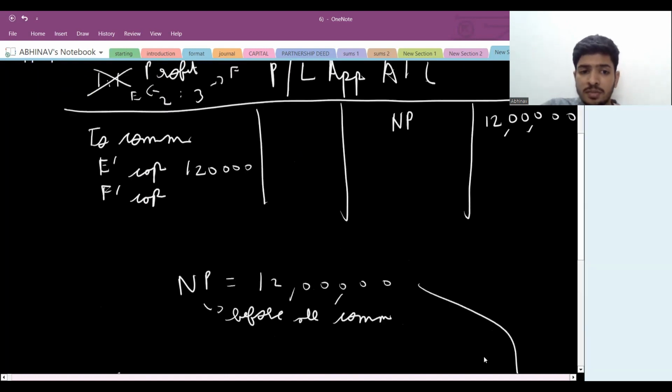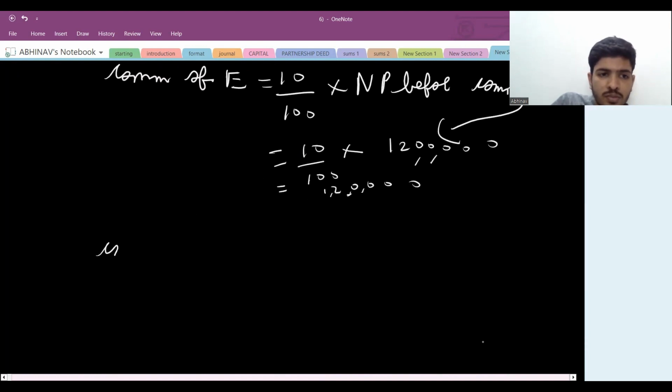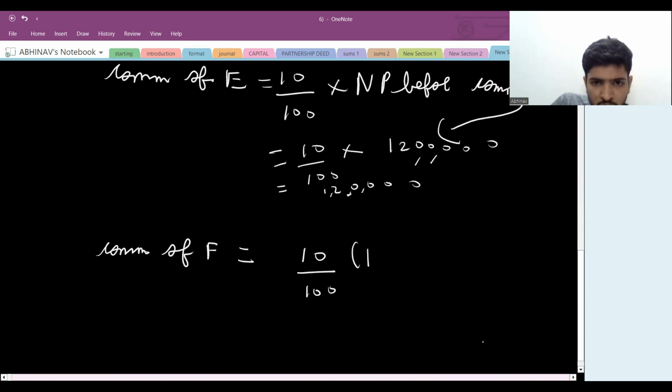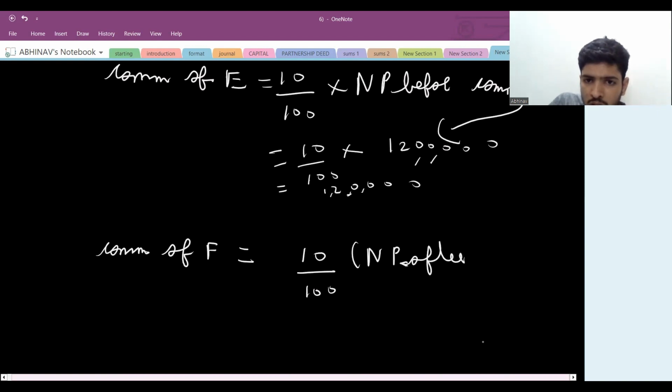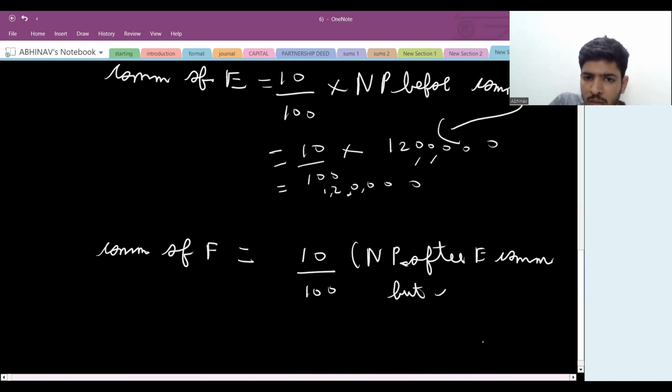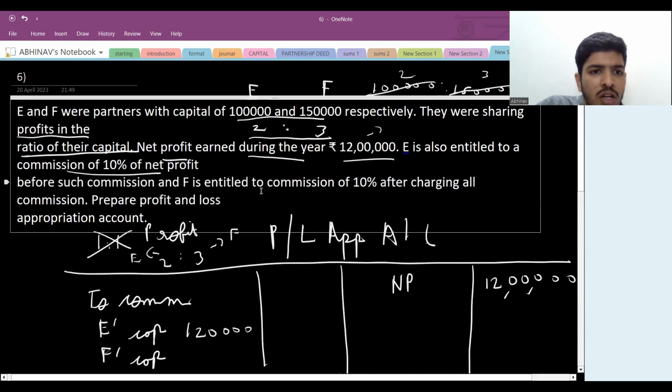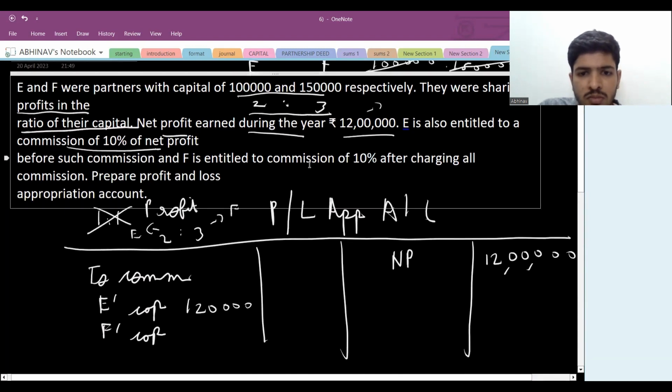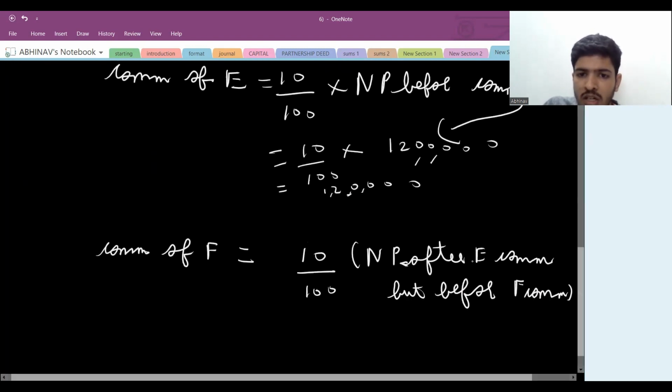Now it's time for F's commission. Now what is F's commission? Commission of F is equal to 10% of net profit after E's commission but before F commission. Correct? What does it say here? F is entitled to commission of 10% after charging all commission. Oh, sorry. After E's commission,